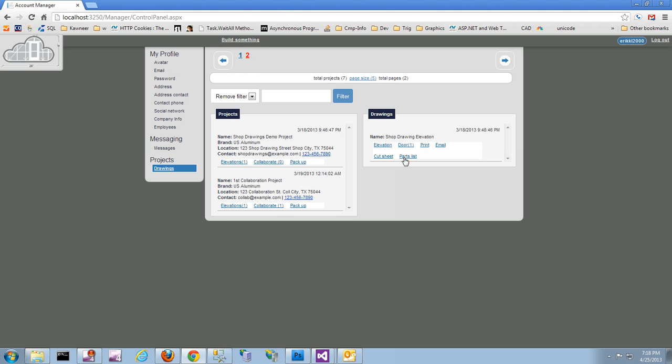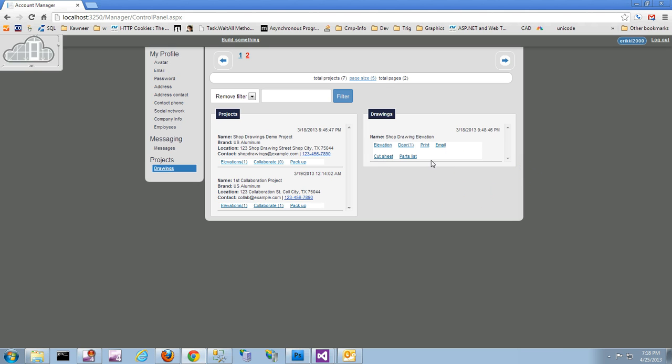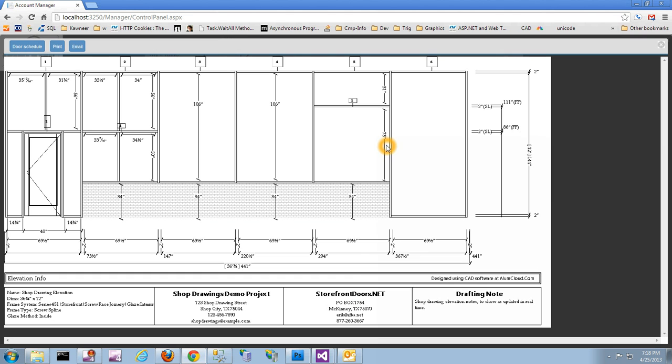So we've now got this new action link here called parts list, and also in our quick email right here, so you don't have to dig down into the cut sheets or parts list. You can email the cut sheet, parts list, shop drawing, or door schedule to yourself or to anyone that you choose. So for the parts list of this elevation that we're working with,